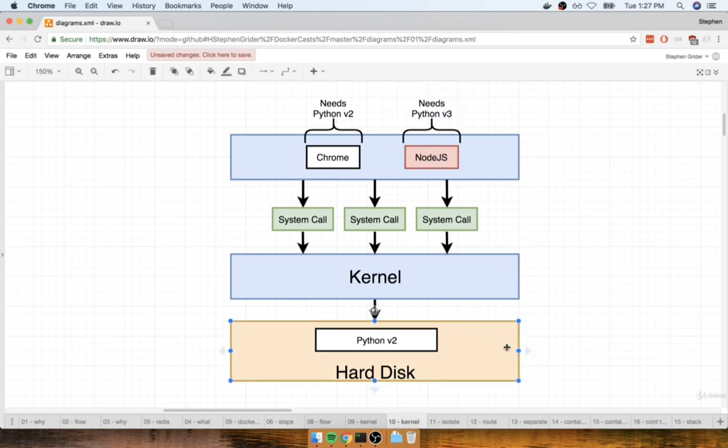However, on our hard disk, we only have access to Python version 2. And for whatever crazy reason, we are not allowed to have two identical installations of Python at the same time. So as it stands right now, Chrome would work properly because it has access to version 2, but Node.js would not because we do not have a copy of Python version 3. Again, this is a completely make-believe situation. I just want you to consider this for a second because this is leading into what a container is. So how could we solve this issue? Well, one way to do